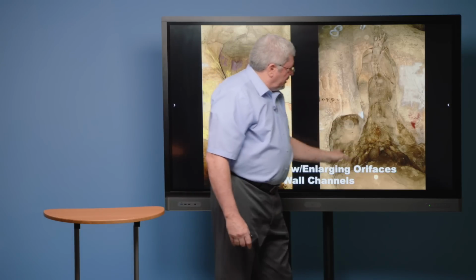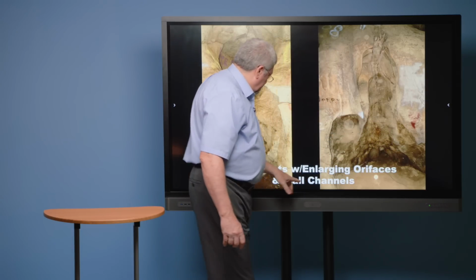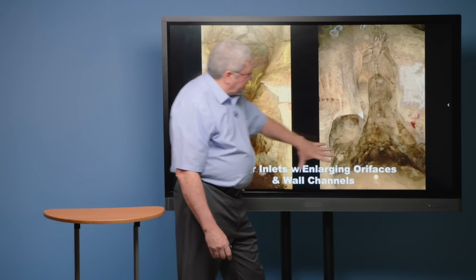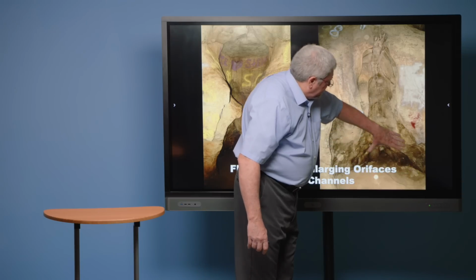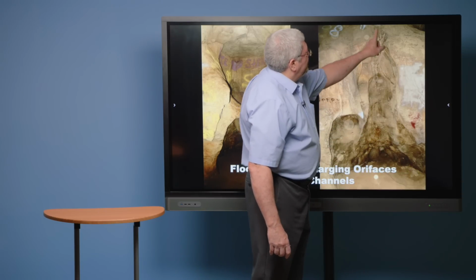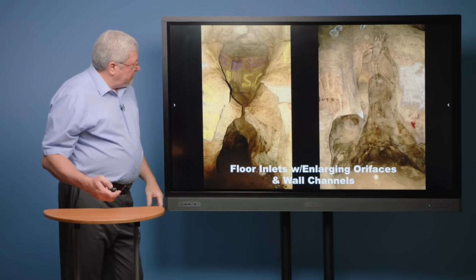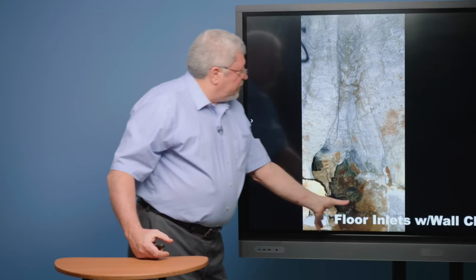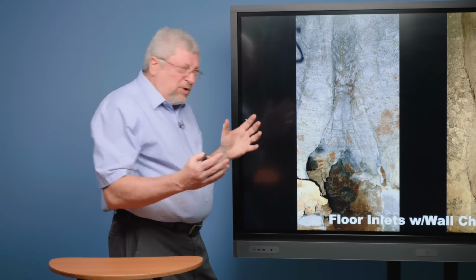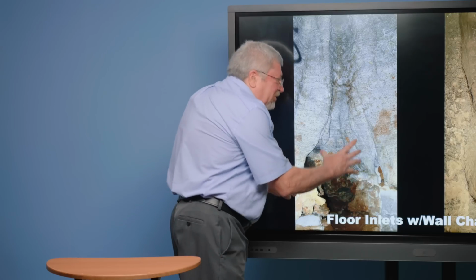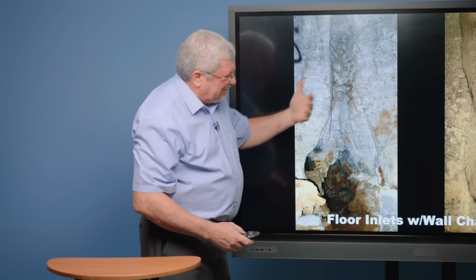Again, a large V-shaped source, or they're called floor inlets, and coming from somewhere underneath, buried now in mud, water rises up the wall, funnels into a channel that then goes into a ceiling channel up above. Floor inlet and a wall channel above it. You can almost see it. Can you see it? You can almost picture the water flowing up. This doesn't make much sense going down.